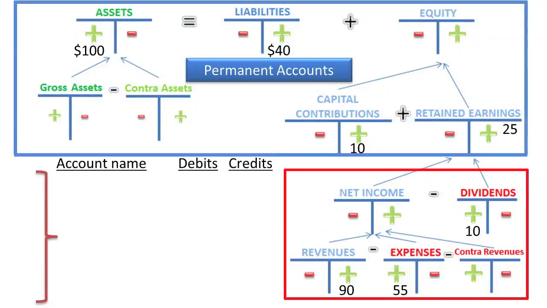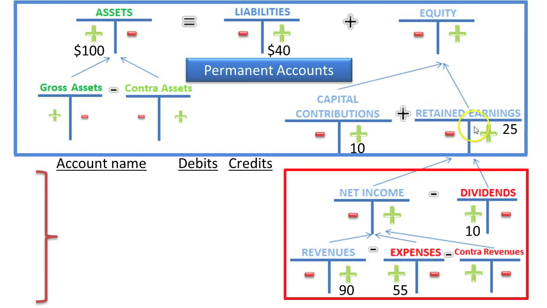Visually, you can think of the closing process in this manner. In this blue box, we have all the permanent accounts, and in the red box below, we have the temporary accounts. The closing process will take these temporary accounts and put them into retained earnings and zero them out. All I've done is take the adjusted trial balance from the prior page and put their balance into their respective ledger account. What we're now going to do is go through the REID acronym to close all temporary